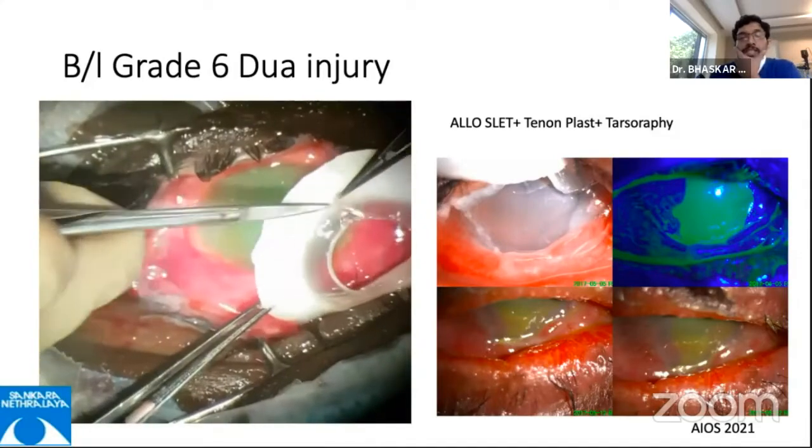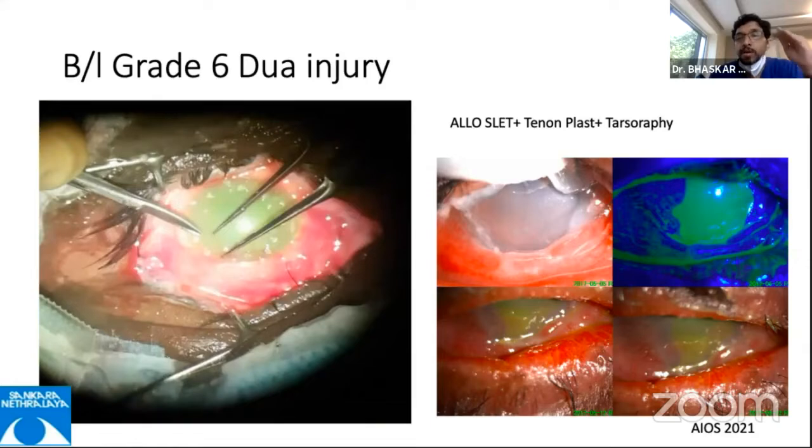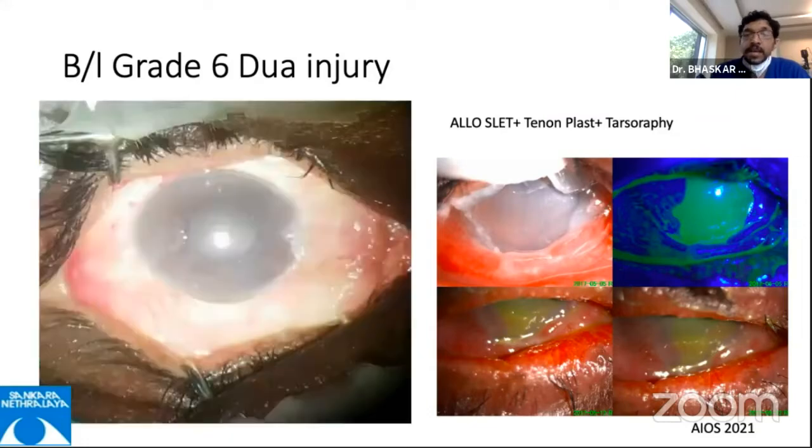Here, since the tarsal surface was also deepithelized, we draped it on the lid. So we used the conformer to place the amniotic on the surface so that the rest of the amniotic falls over the lids, and then you secured it to the lid. And to get a source of epithelium, we followed it with an alloslet. And this one eye became hypotonic and we lost it because of the severity of the injury. This was the other eye which we were able to salvage.